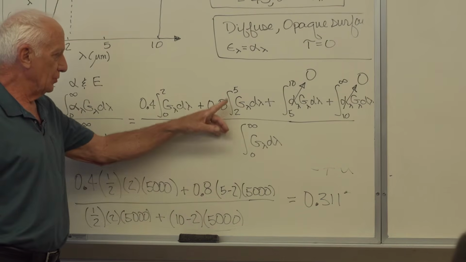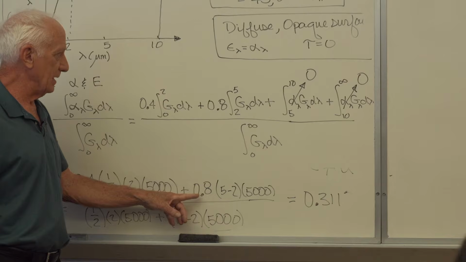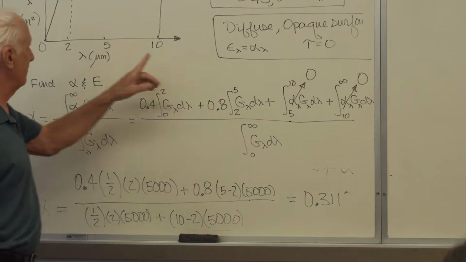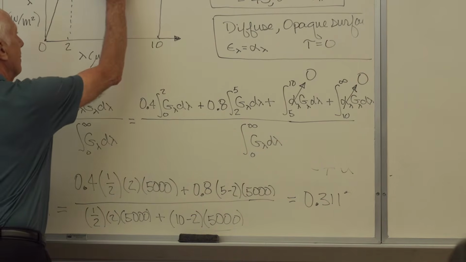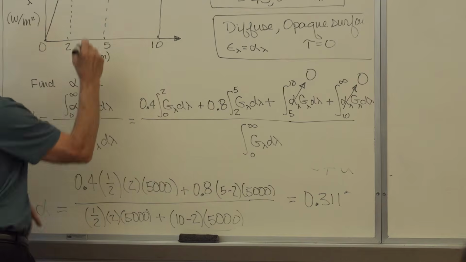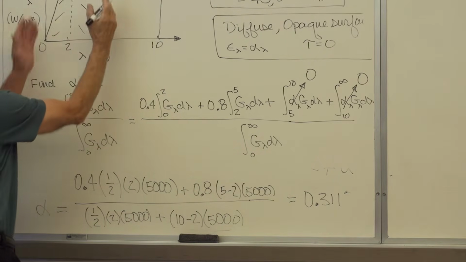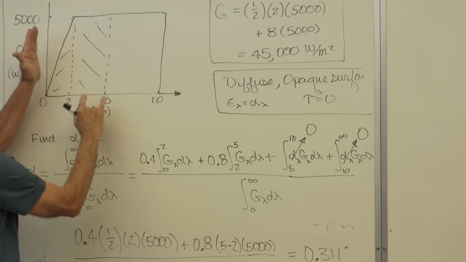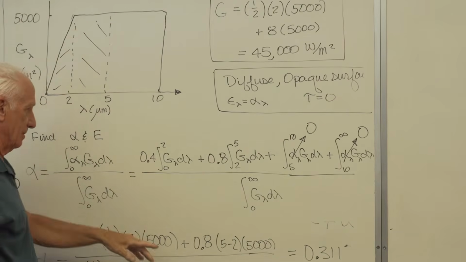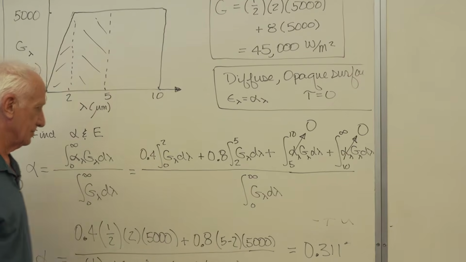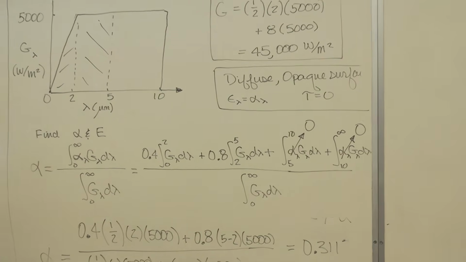Second interval, 2 to 5. 0.8 times the area under the G graph, 2 to 5. That's that piece. Rectangle, 3 times 5,000. Divided by